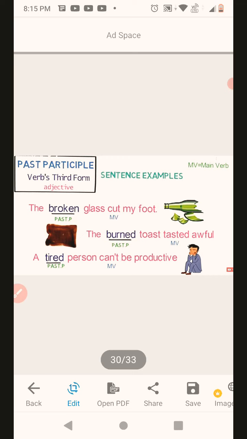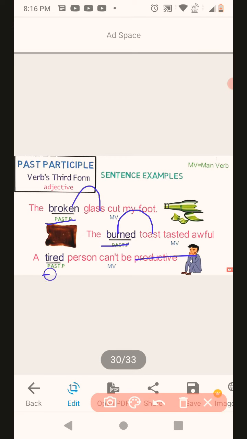Children, in the example, you can see the broken glass cut my foot. So here the broken, it is giving some information about the noun glass. So it is participle again. Burnt toast. Burnt, again, it is giving some information about the toast. So again, it is past participle. Tired person. Tired, again, it is giving some information about the noun person. So again, it is a participle